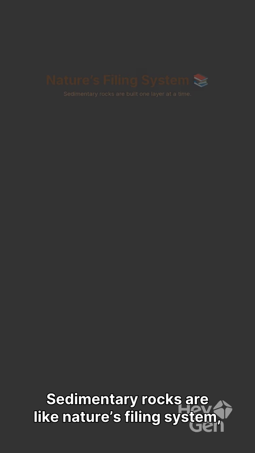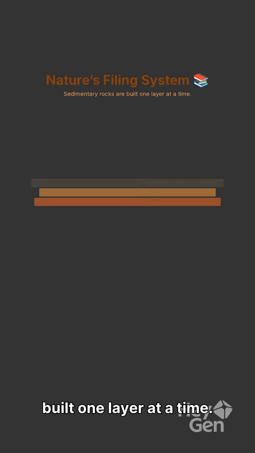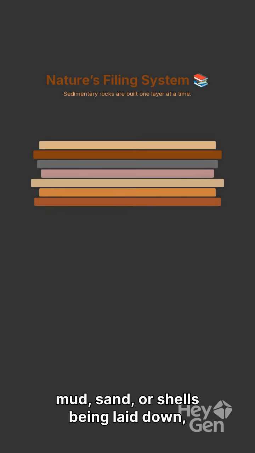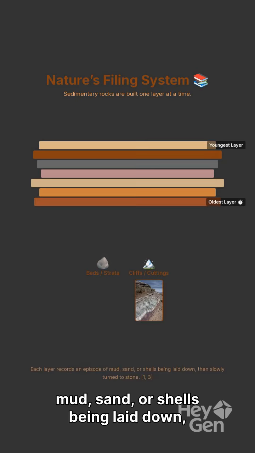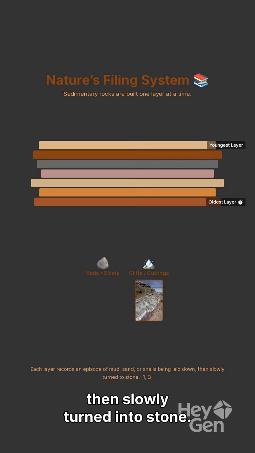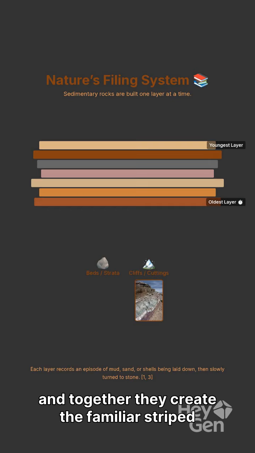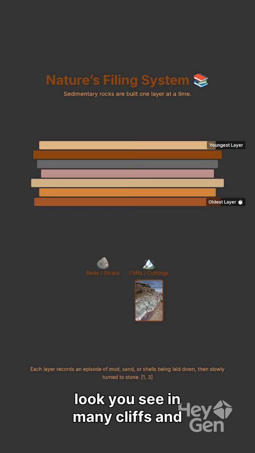Sedimentary rocks are like nature's filing system, built one layer at a time. Each layer records a separate episode of mud, sand, or shells being laid down, then slowly turned into stone. These layers are called beds or strata, and together they create the familiar striped look you see in many cliffs